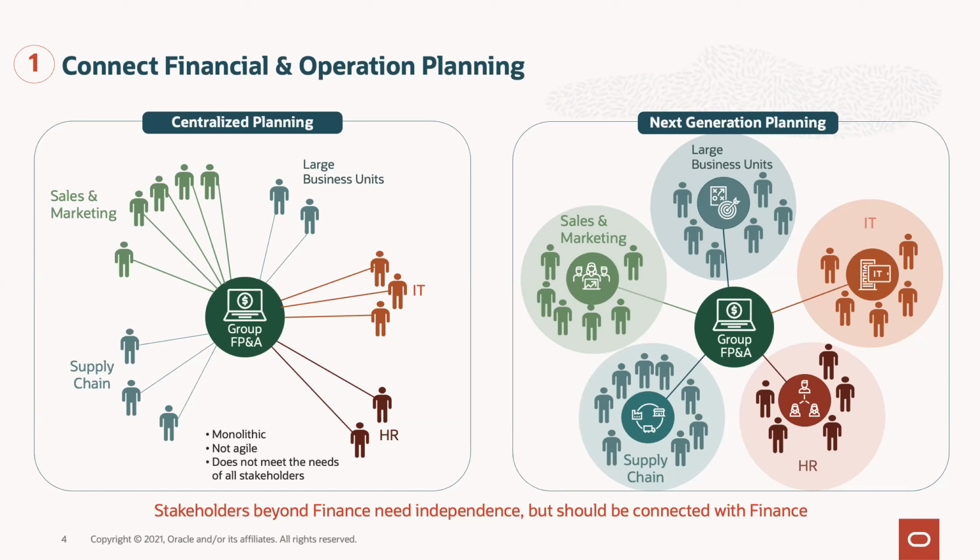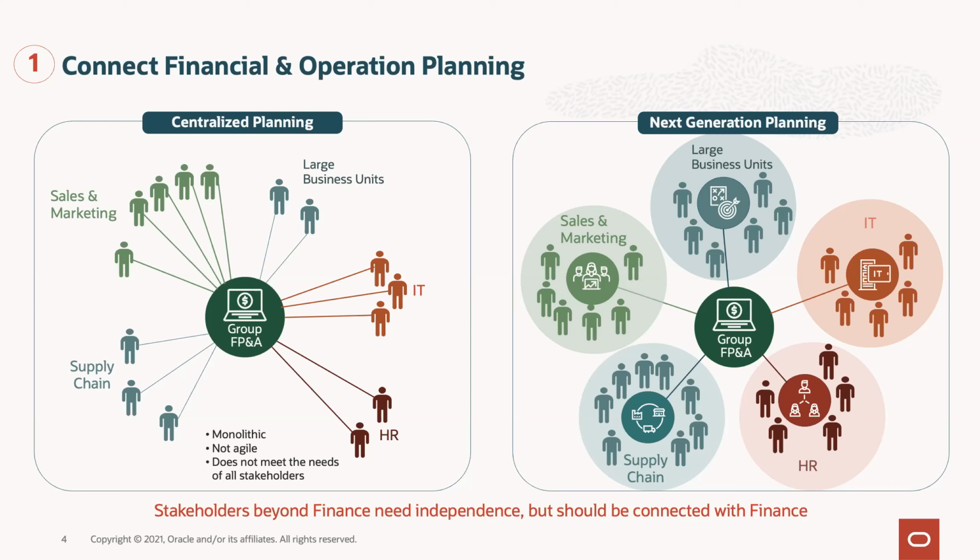So what happens when you get into something like a pandemic like we've had over the last 18 months or so? It really prevents you from having agility. You find lots of the folks involved in planning actually create their own plans and forecasts separately in spreadsheets or other systems, and you don't have visibility into that on the FP&A side. So really what we're trying to enable is for our customers to have much more of a connected style of planning, where FP&A can get everything that they still need, just like they always have, but still enable these operational planners to plan at a different level of detail, at a different cadence, but be connected to FP&A. So it's really important to be able to do that.